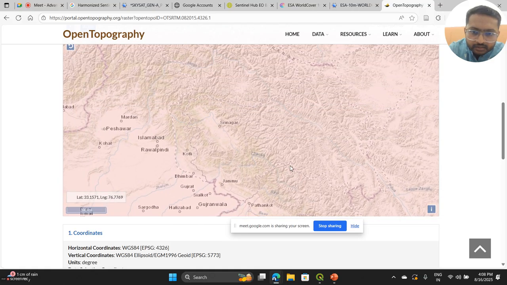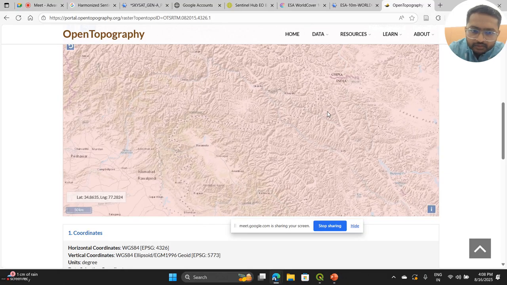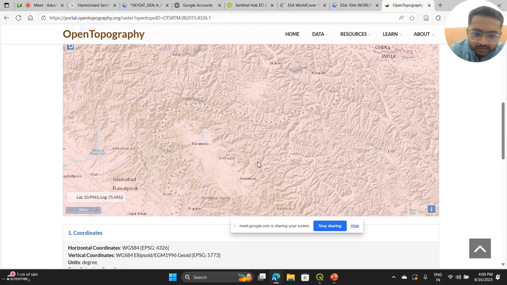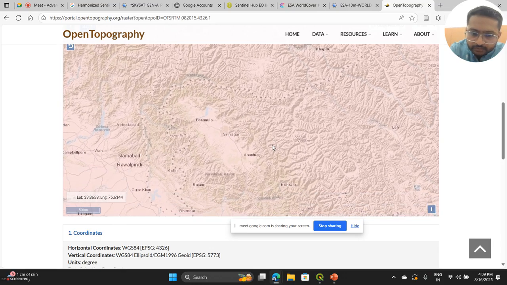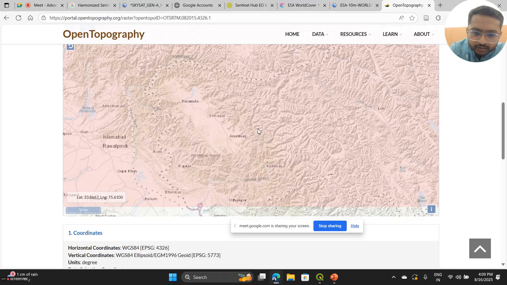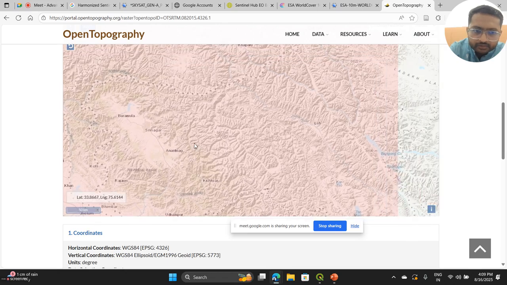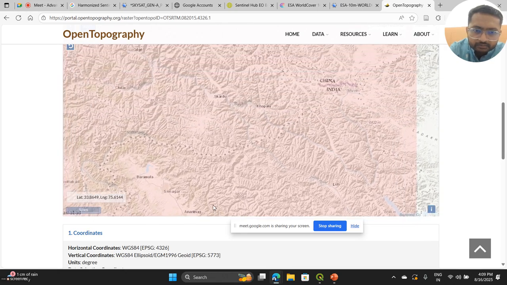Himachal, Srinagar. So can you locate somewhere here? Is it near Leh or Baramulla or something? I don't know. So do you know Udhampur, Kishtwar? It's near this one or